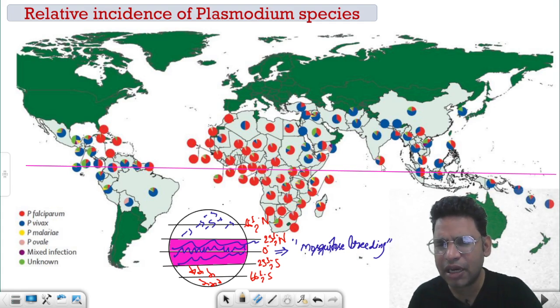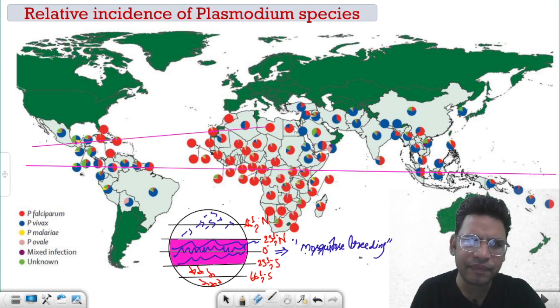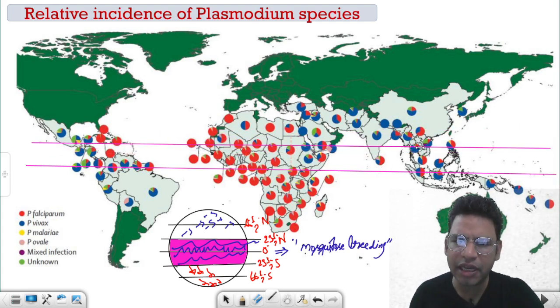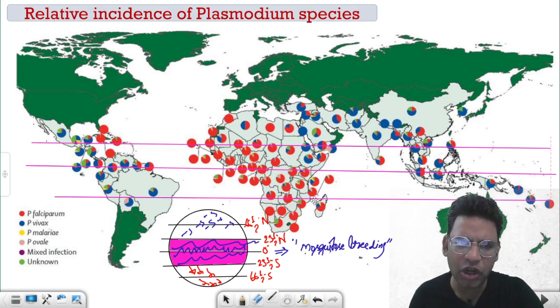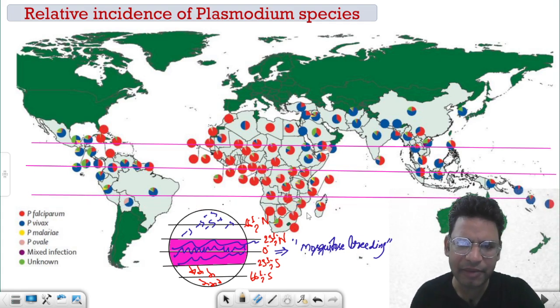Then for that matter the 23.5 degree, this Tropic of Cancer, which is also passing through India, there are cases of malaria. And between the Tropic of Capricorn also there are more cases of malaria. If you look at this diagram,